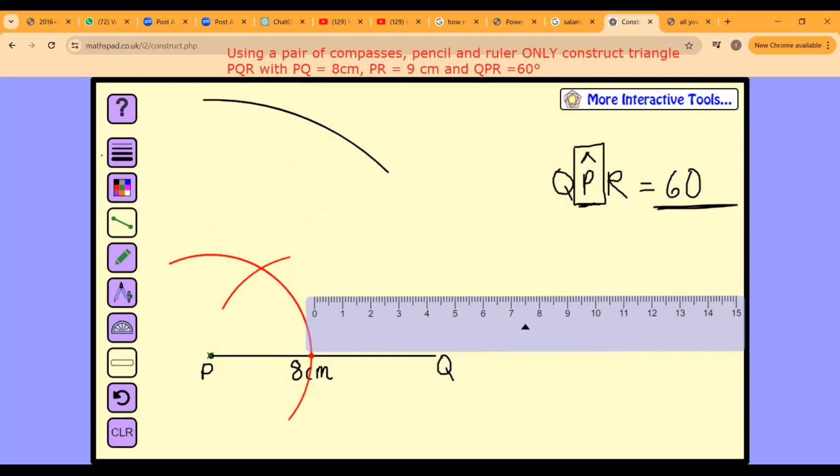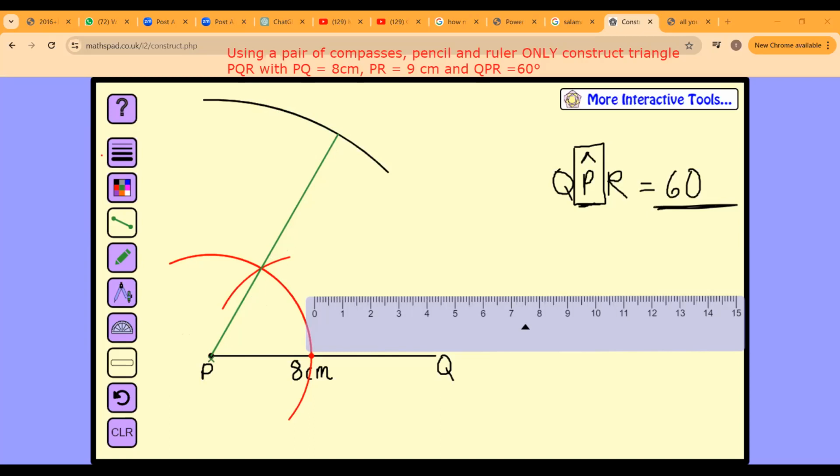So we're going to draw it straight through. Make sure I draw it straight through. Make sure it goes directly in the middle. Right there. And there we have it. So why do we want it specifically here? We want it specifically here because we want it to be 9 centimeters, and we want it to pass through this particular arc because we want it to be 60 degrees.